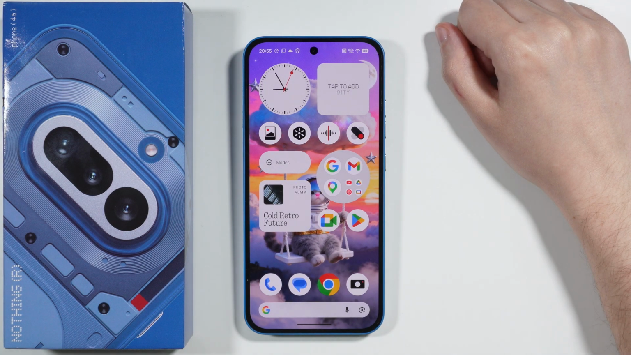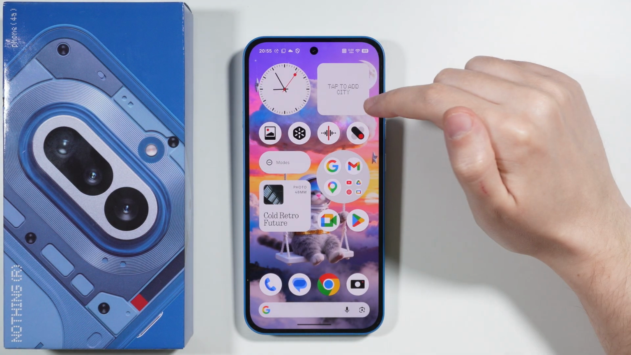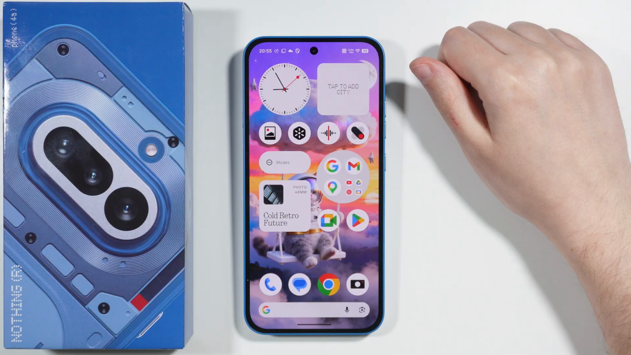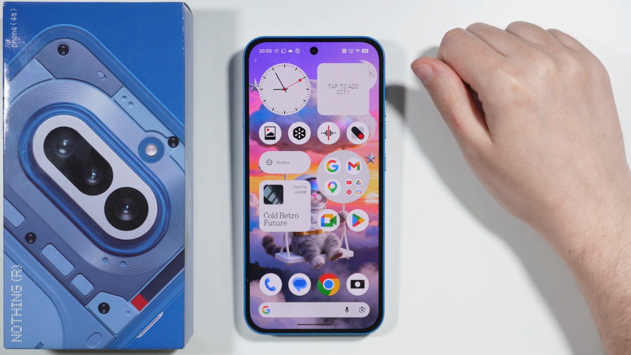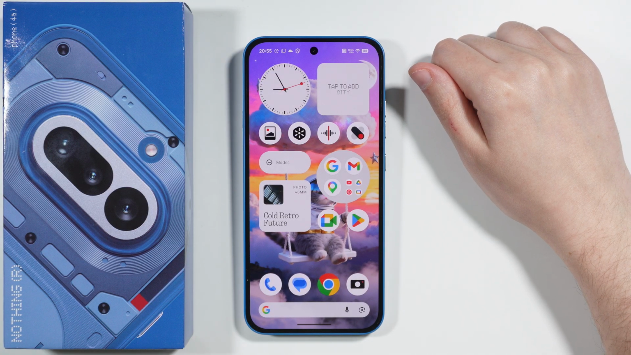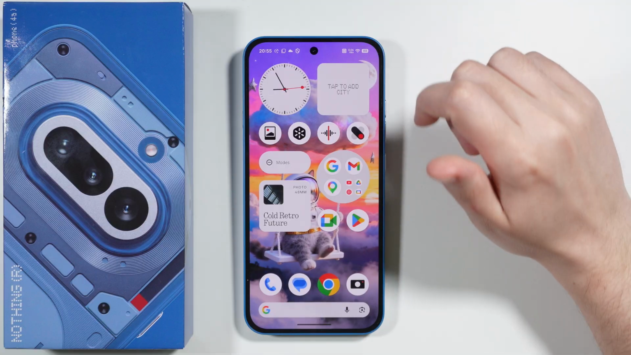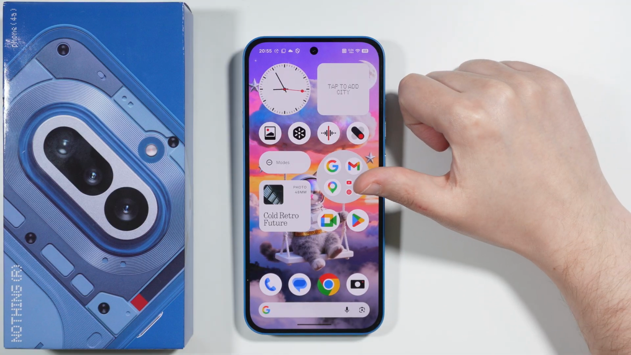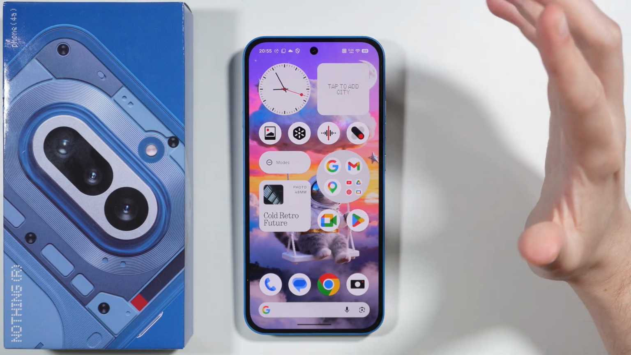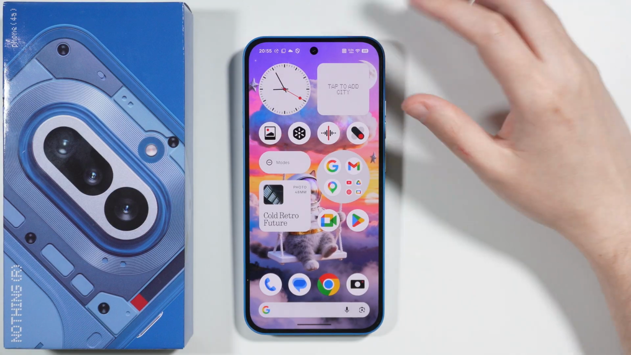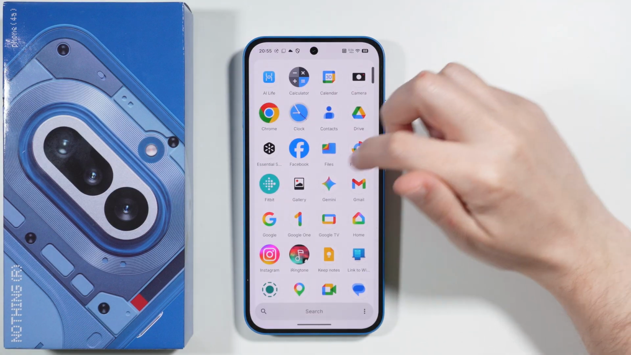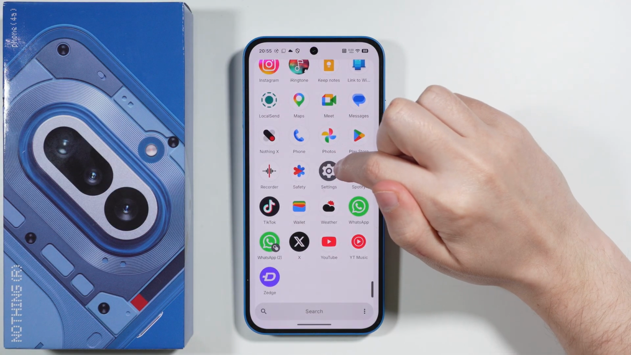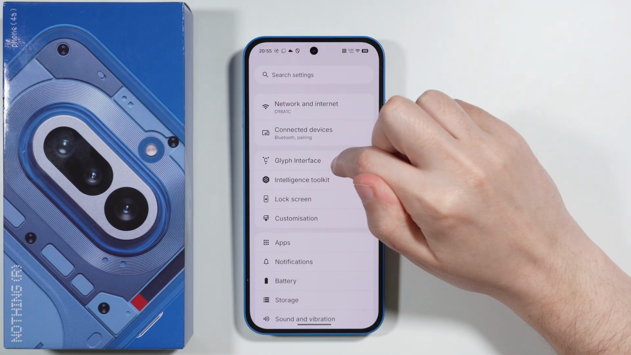If you are wondering if we have AI features on the Nothing Phone (3a), then the answer is yes. We have a couple of AI tools that are provided by Google and Nothing. In the case of Google, we have, for example, Gemini and Circle to Search, which is now a standard for the latest smartphones. And as for Nothing AI features, if you open Settings on your phone, then over here we